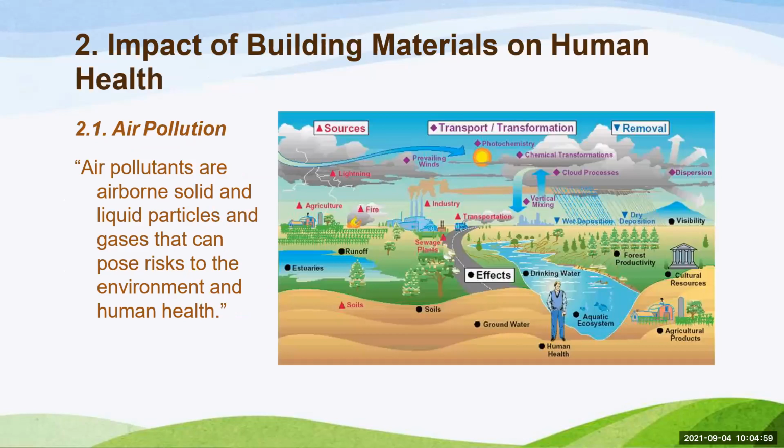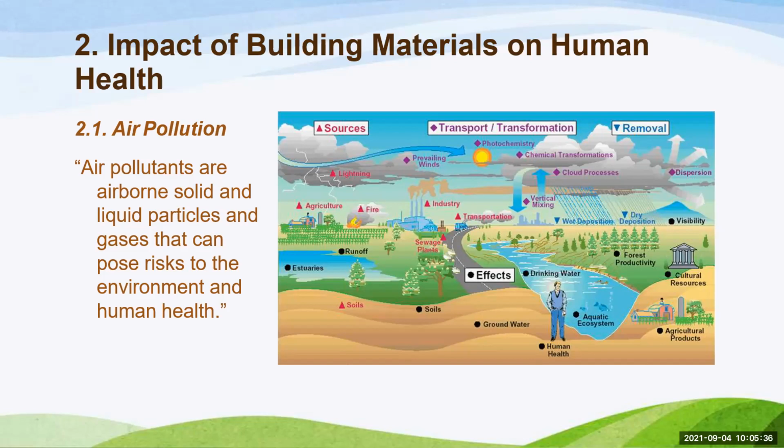Now, what is the impact of building material on human health? Which type of impact? You see, air pollution. Air pollution, why? Day to day industries are constructed. Agriculture level is very low. Day to day the water pollution, air pollution, and noise pollution increase. This disbalances the natural properties, and you disturb the ecosystem, then human health is disturbed.